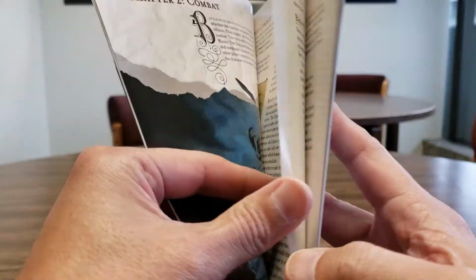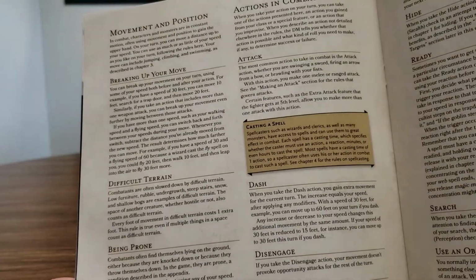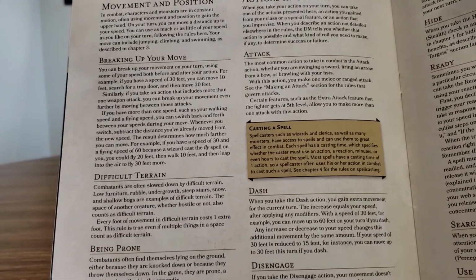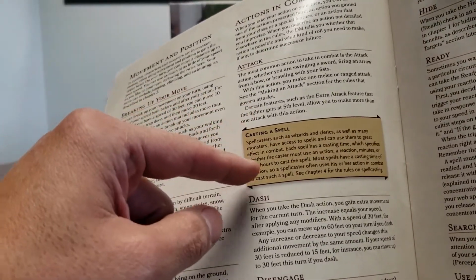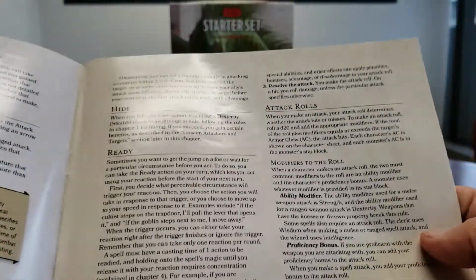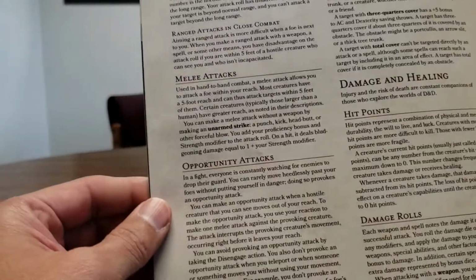We go over the rules of combat. I'm not going to break this down completely because that would be another video. And casting a spell. So in combat, you can cast a spell, and this tells you what happens. All the other actions that you can perform, and they talk about attack rolls, unseen attackers and targets, and these are all the other rules here. They cover pretty much everything that you could think of. I mean, there are a few exceptions, but